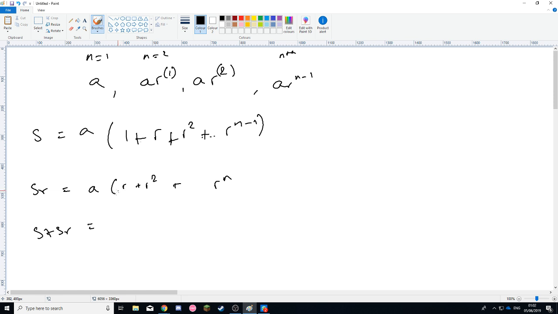Oh, it should be minus, yeah. This minus Sr, you get, so a survives, but ar cancels, so this cancels with this. ar squared cancels with that. ar to the n minus 1 cancels with ar to the n minus 1. And what survives is a minus ar to the n, or a